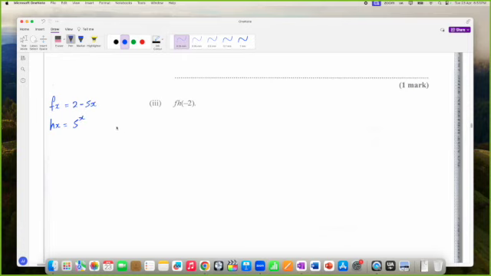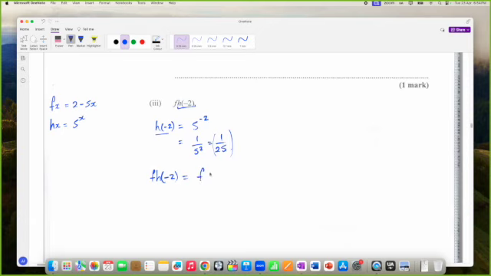So that means that, oh, but thankfully they have this -2 here, right? So we could find the h of -2 first, and then put it into the f. So we find this first, and whatever is the answer for this, we put it in the f function, right? So the h of -2 will be 5 to the power of -2, which, if you remember your laws of indices, is 1 over 5 squared, which is 1 over 25, right? And so this is h of -2, and so the f of the h of -2